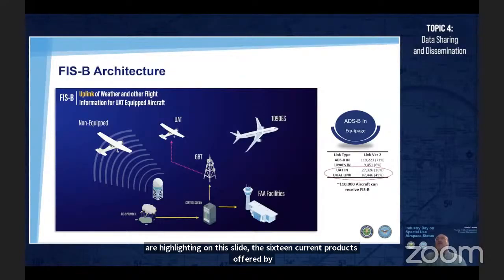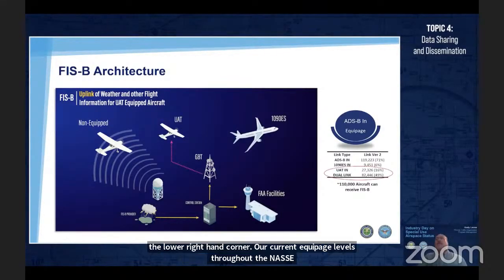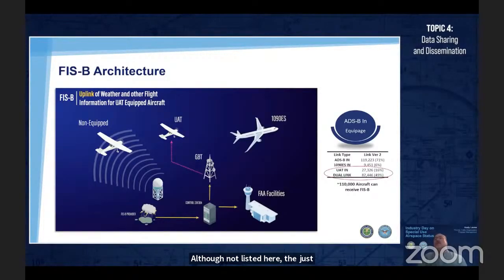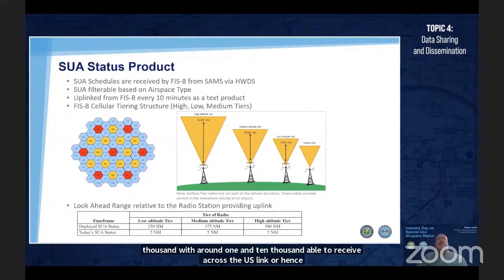Although not listed here, just for reference on the ADS-B Out equipage, it's roughly 173,000 targets. But out of that, the population of targets that are ADS-B In equipped is around 120,000, with around 110,000 able to receive across the UAT link, hence FISB data. On this next slide, we're showing that the FISB service is receiving the SUA schedules from the